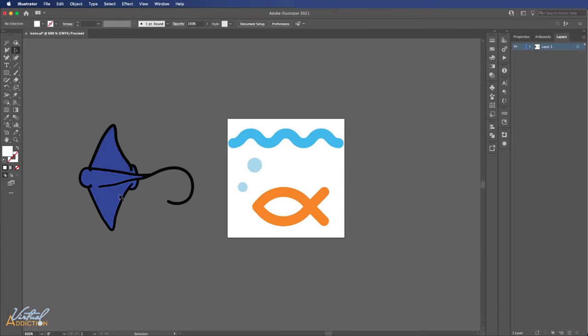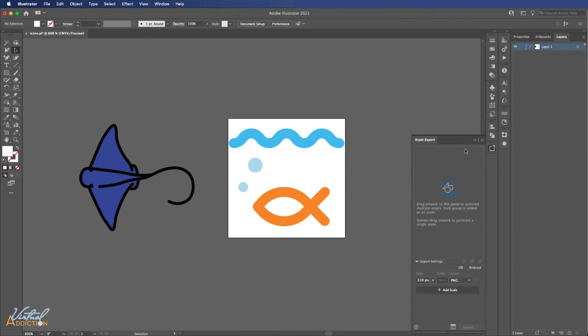This artwork, this bat ray element, is not on an artboard. If your favicon does not exist within a square environment, then the favicon is going to squish the artwork in some unproportional manner. So depending on the application that you're using, make sure that your artboard or the size of the document is a perfect square.